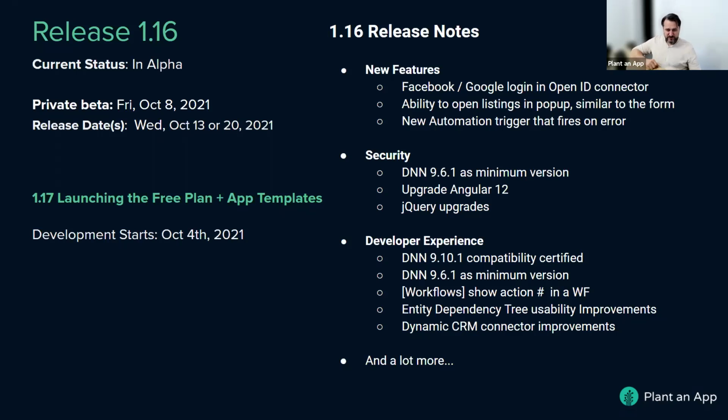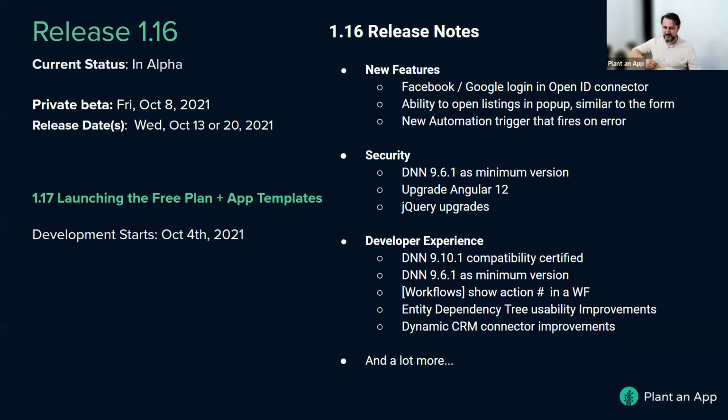There's also some very important security announcements, most important of which is probably making 9.6.1 the minimum required version. This 9.6.1 came with a lot of security fixes. We are already using 9.10.1 right now as our baseline, but I think 9.6.1 should be the minimum.